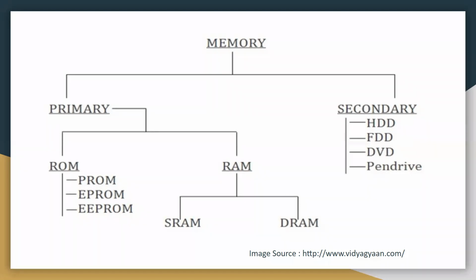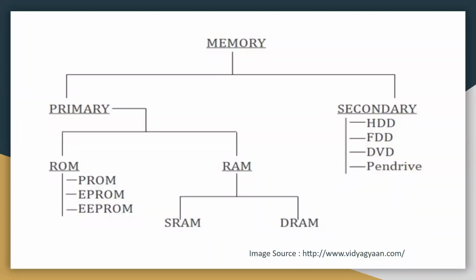When we talk about accessing, the CPU will not directly access this memory. In this case, it will first access input-output routines, and then the contents of your secondary memory will be transferred to the main memory. Examples are hard disk drive, flash disk drive, DVD and pen drive. All the secondary devices help you to back up your memories and to have access to this data at any point of time.